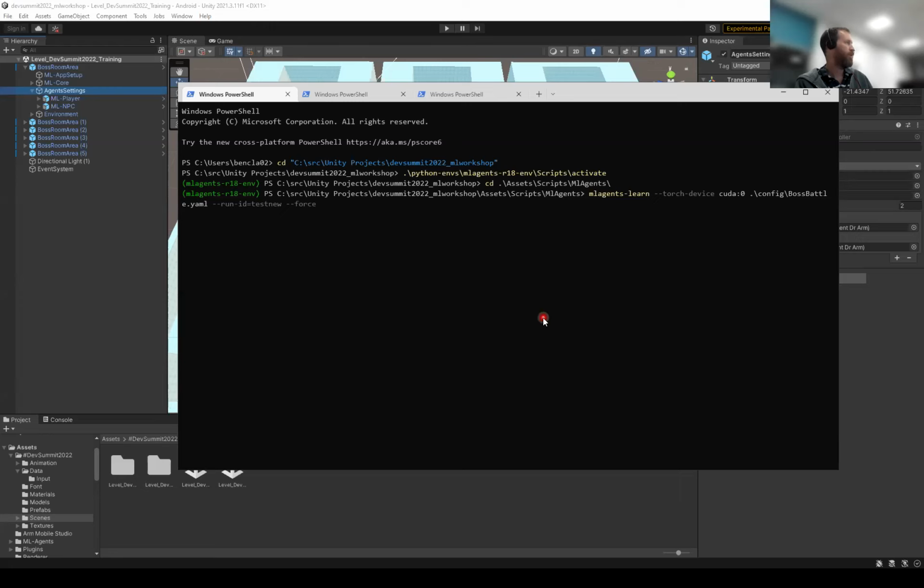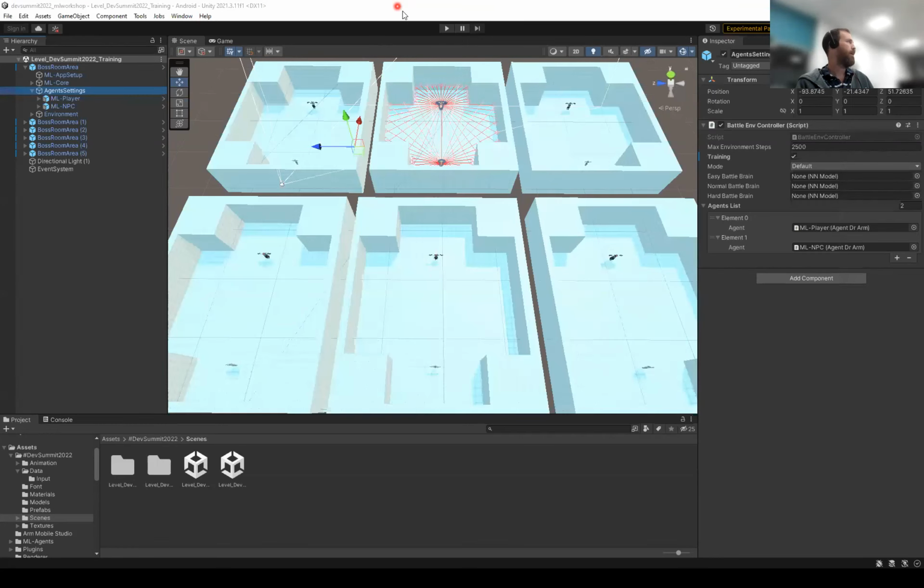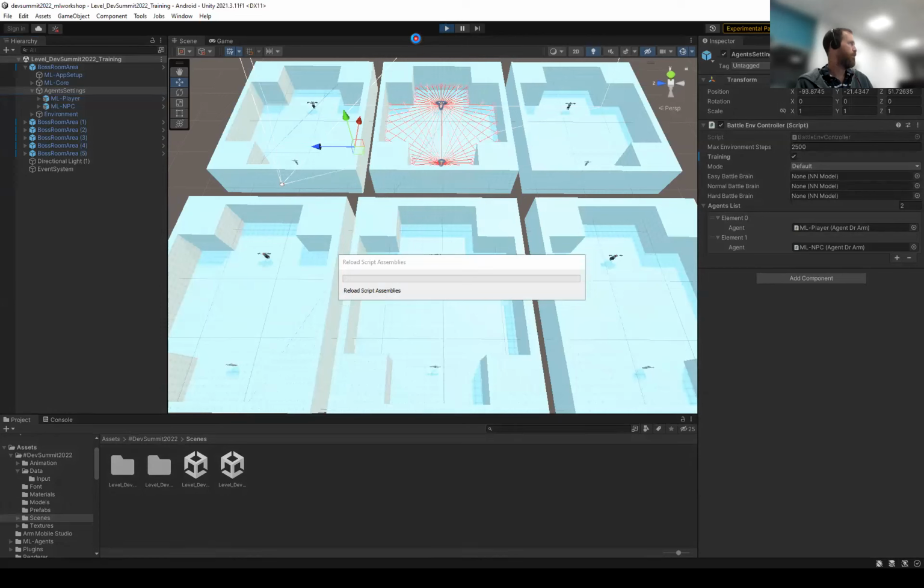Never quite sure how long. There it is. And a bunch of version information for your ML agents version and the like, PyTorch version. And then it says start training by pressing play button in the Unity editor. So that's exactly what we're going to do. If I hit play on that, it will start our training and it'll go into game mode as play does in Unity,